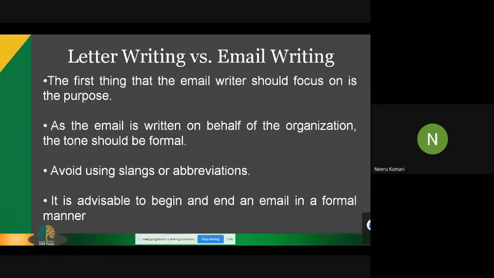So moving ahead, whenever you are writing an email, the first thing that you have to keep in your mind is the purpose. Why? Because in the letter, you have to write subject, SUB, and then write the information. Whereas in the email, whenever you are writing any email, you must have seen already there is by default something which is mentioned as subject, right? And in the subject line, we do mention what is the reason behind, what is the purpose, why we are writing this email.